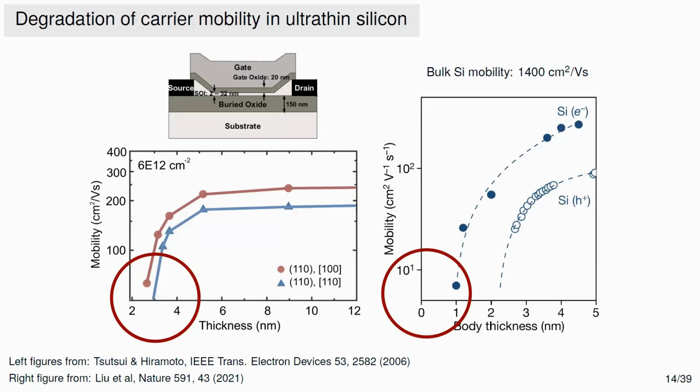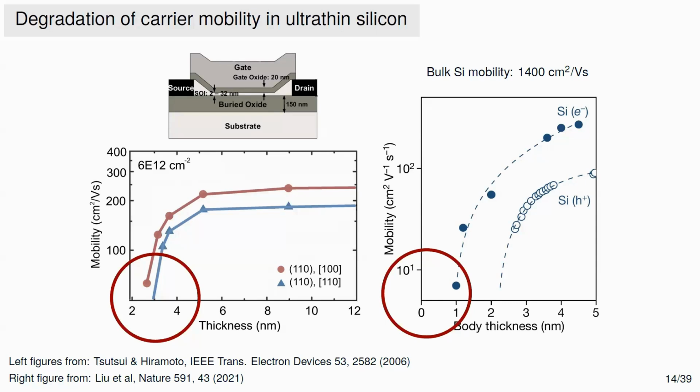Now, there are very interesting measurements where people demonstrated that if you take the mobility of silicon, that's a bulk crystal, which is typically 1400 in units of centimeter square per volt per second, as you decrease the thickness, this number starts going down. And if you go here even more, below 2 nanometers, the number keeps going down. So at this level, essentially, the mobility is about 5 instead of 1400. So the impact is that you're going to consume much more energy. Your chip is going to heat up much faster, and this is problematic because it's very inefficient.